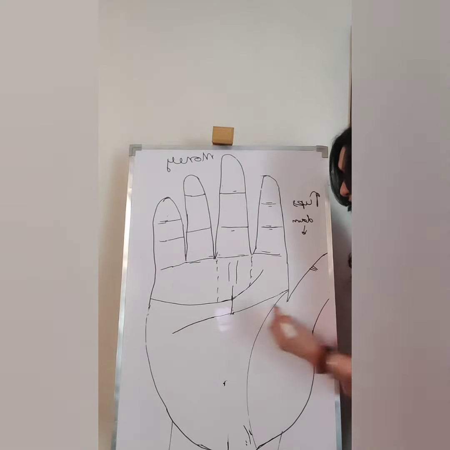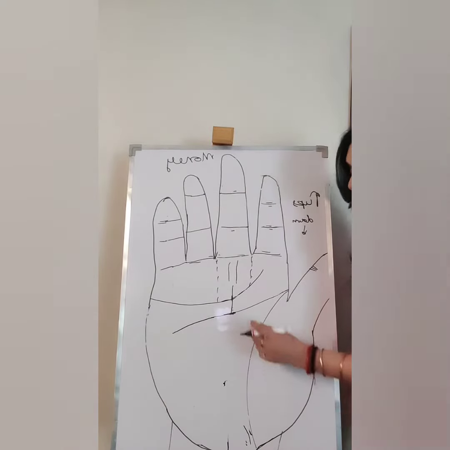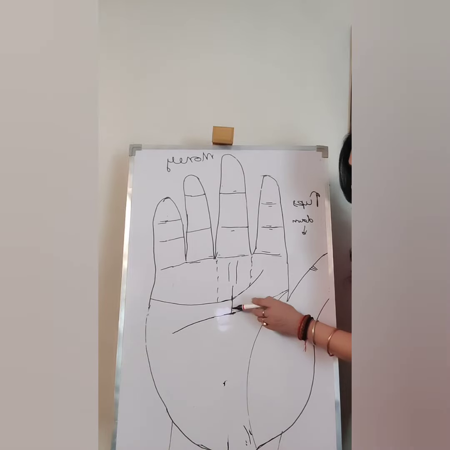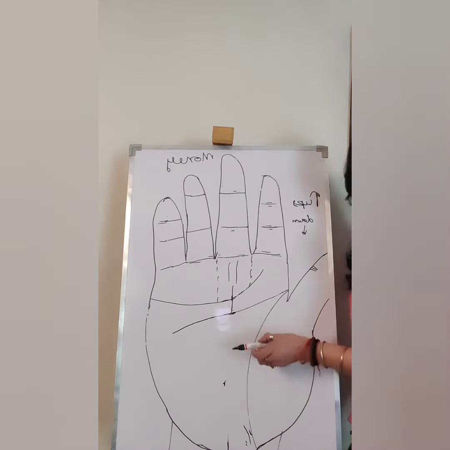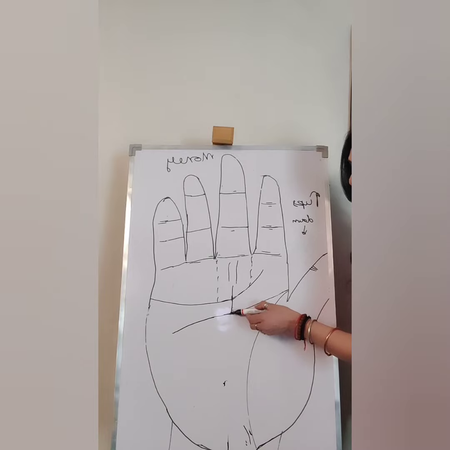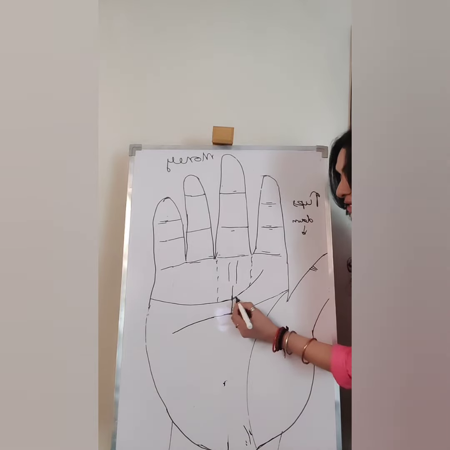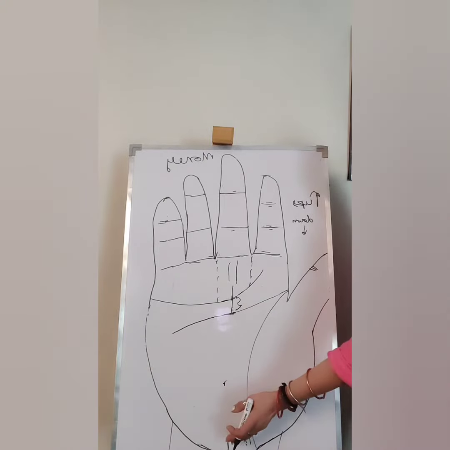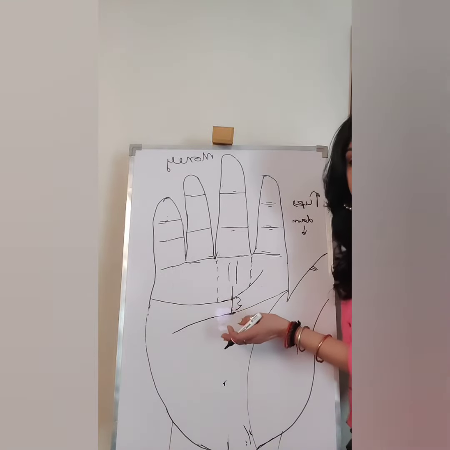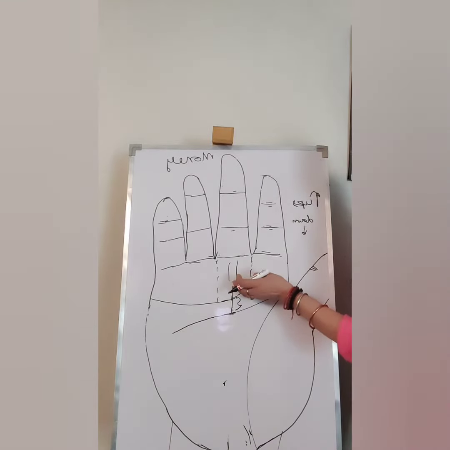However, if it does not start from here at all, but starts from this line, the headline, and goes here, this means in your early life, in your teens, in your 20s, and in your 30s, you have worked very hard. From the middle years, think of this area of your life as middle years, from the middle 30s to about 50-55 years, your destiny will, with your intellect, with your education, with all the hard work that you have put in your early years, reap very well and you will do well.